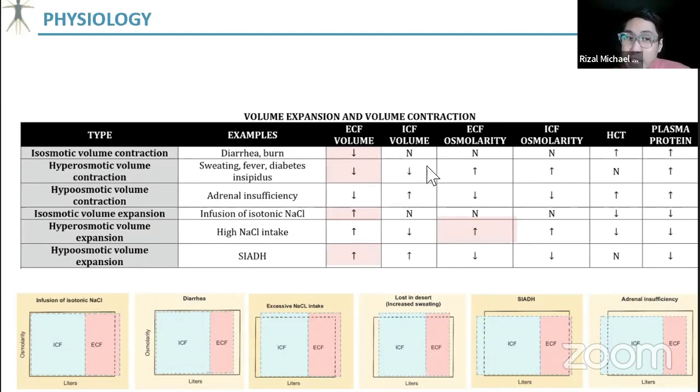Right? So dahil nawalan ka naman ng fluid ngayon sa ICF, what will happen to your ICF osmolarity? It will now increase kasi tinanggalan mo siya ng tubig. Okay? So yun lang yung tip ko for this type of table, or if may ganito kayong scenario. Pag nagsabi na stuck sa desert, nag-diarrhea, or nagkaroon siya ng SIAD, syndrome of inappropriate diuresis, right? Just try as best as you can to look for the initiating event na pwede mong i-trace most of the events. Okay?